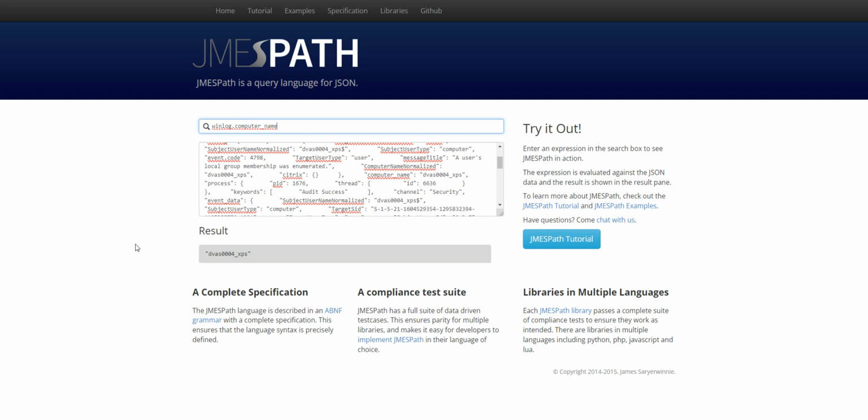Now, these rules all expect a boolean, so either a true or a false, and obviously only the events which generate a true will end up being filtered in our case, or alerted. So what we need to do is say, is winlog.computer_name equal to dvas_123_xps, and we get a true. Fantastic. So let's copy this,